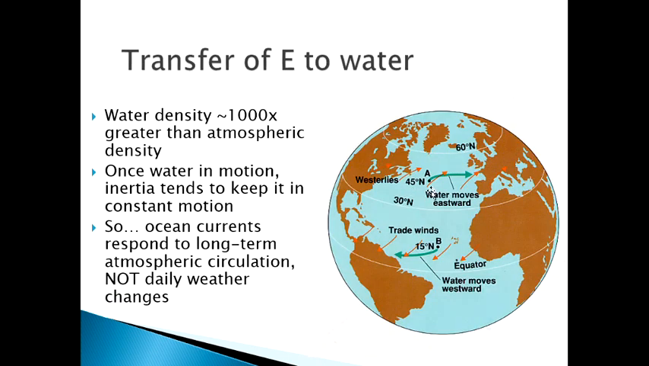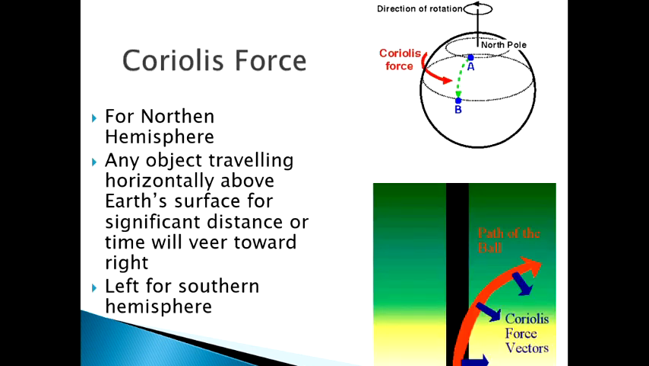Notice that the westerlies, let's just take the northern hemisphere as an example, wind is blowing in that direction, but notice that the net water movement isn't going in the exact same direction. It is offset to the right in the northern hemisphere. There is something else called the Coriolis force, and this is a little bit of a